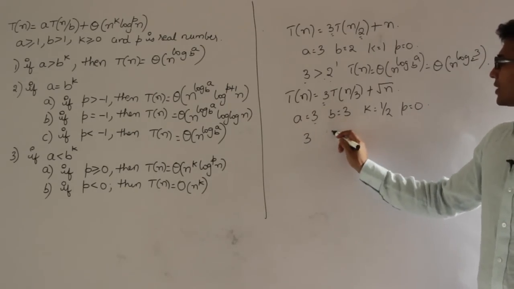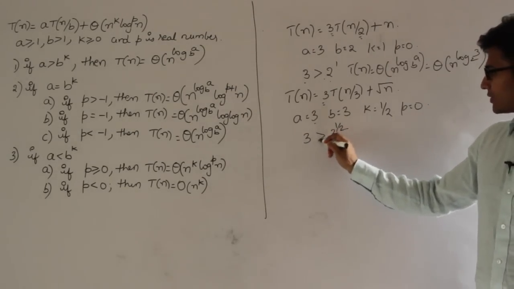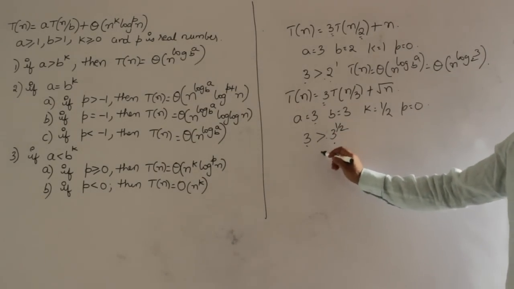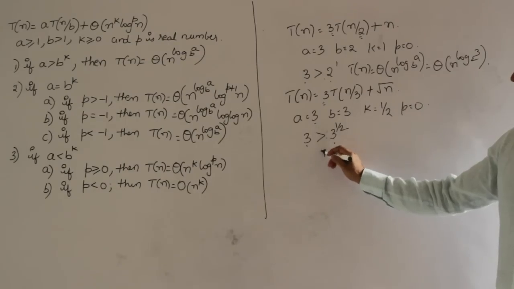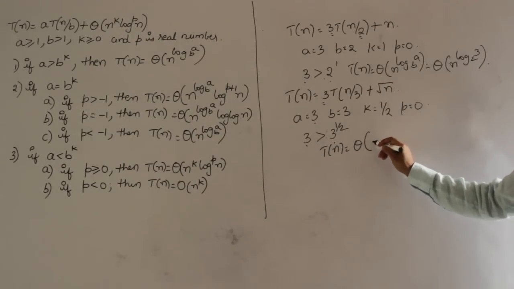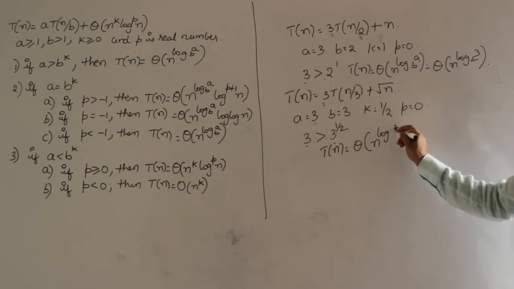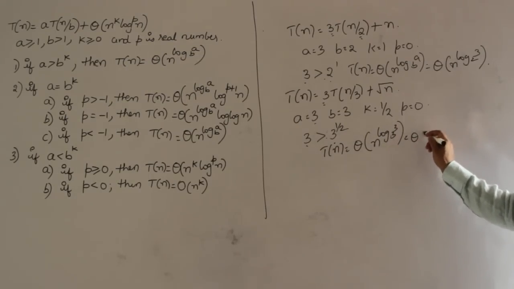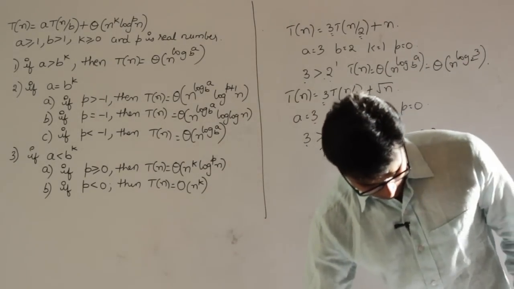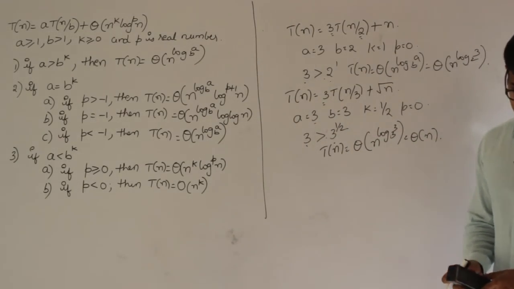So a is 3 and b^k is √3. A is greater than √3. Therefore again it is a is greater than b^k. Therefore again it is condition number 1, where T(n) = Θ(n^(log a base b)), which is nothing but n^(log 3 base 3), which is Θ(n). Okay. And next one is